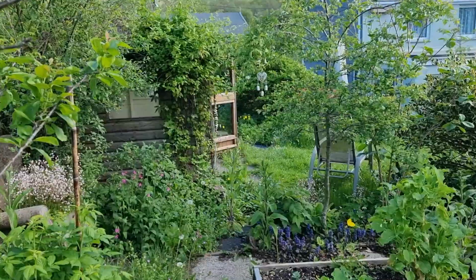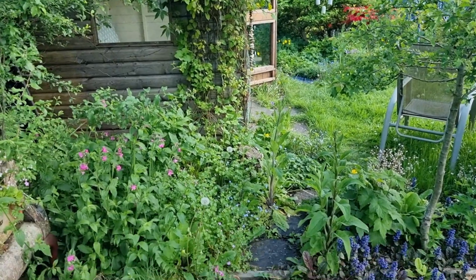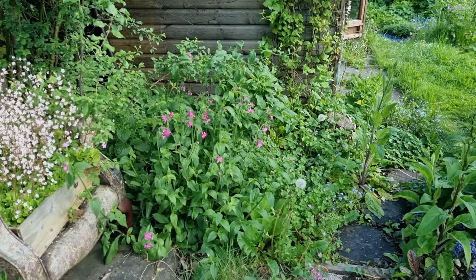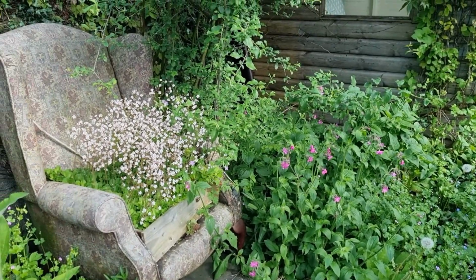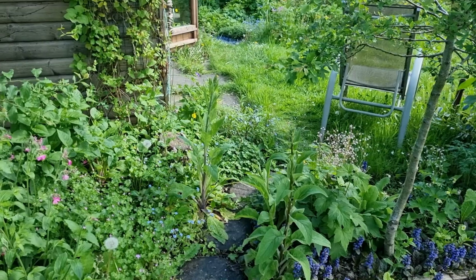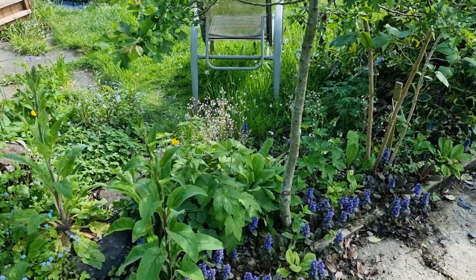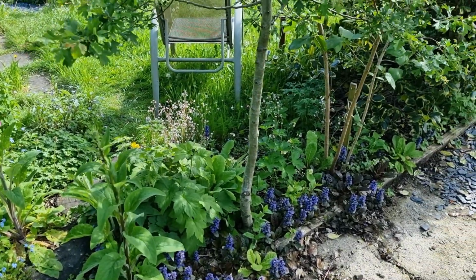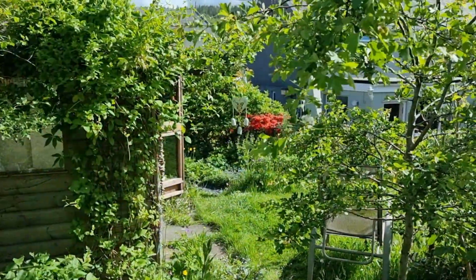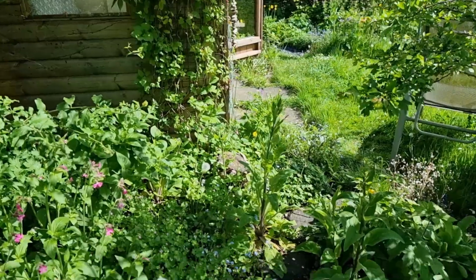So we go down the side of the garden and then through that gap onto the lawn. And here there's a mixture of native plants and cultivated plants. There's some red campion there, which is a native plant. There's London Pride, which is cultivated. There's a couple of wild foxgloves that are just about to come out. Japanese anemone there, some more London Pride, some geraniums, of course, and there's some bugle down there that the bees are still visiting. So we go in between a native hawthorn and a native blackthorn over some stepping logs,